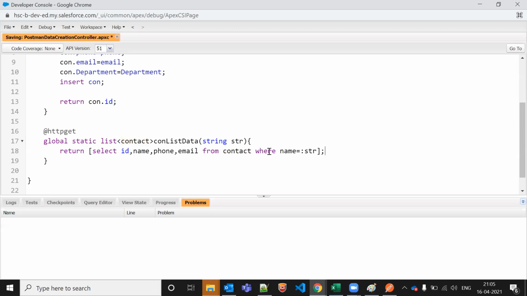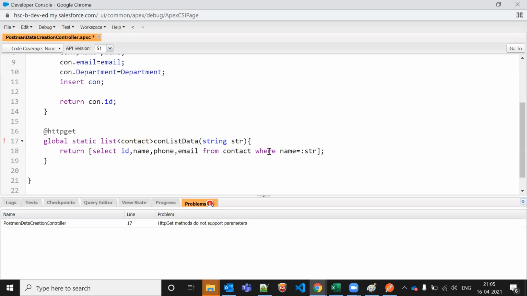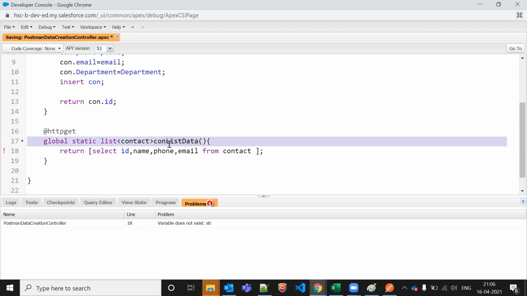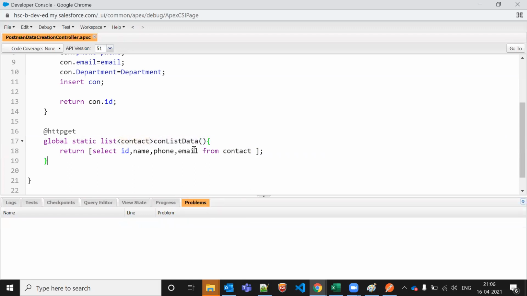But the issue is that in real time, when you pass things directly as a parameter, it will not support parameters in the HTTP method. Alternatively, we create the data in another method, and that method is passed here as a parameter, dynamically. The same thing we did here. If you are doing a limit, whatever SQL things, the same thing you can achieve from there. That's enough for today.